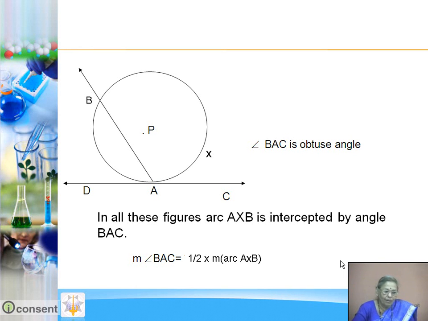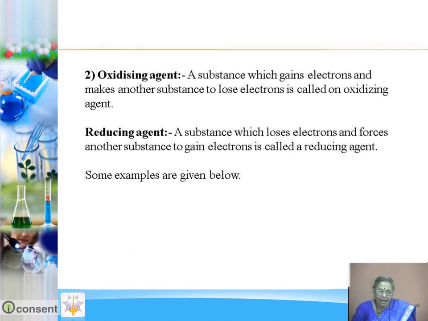Now let us see one example. Here, angle DAB is given as 70 degrees. Now what is the measure of the arc formed by this angle? You will see that the measure of the arc is